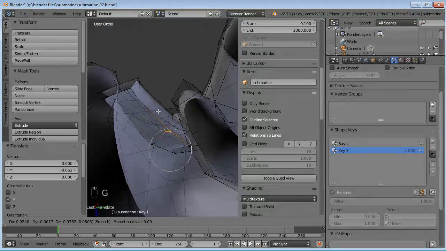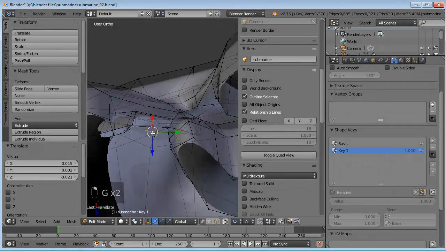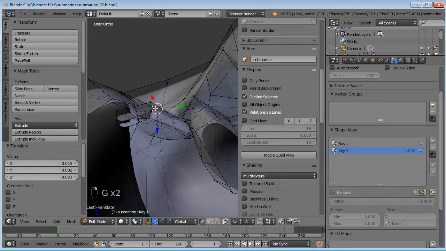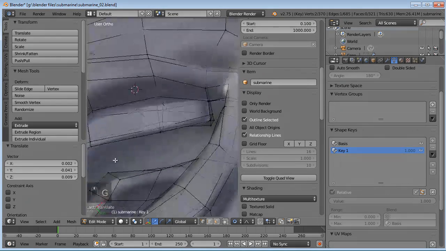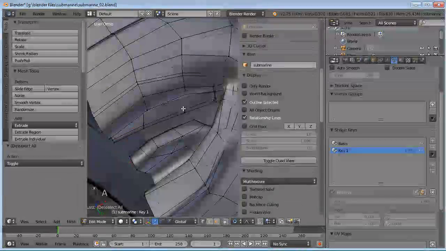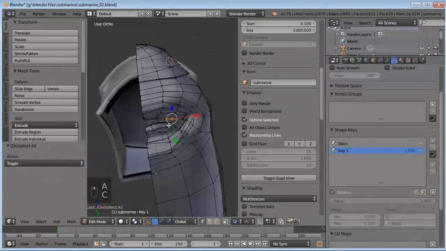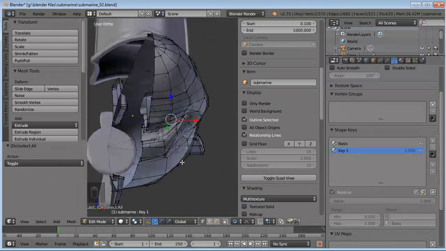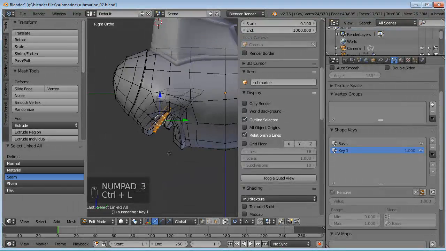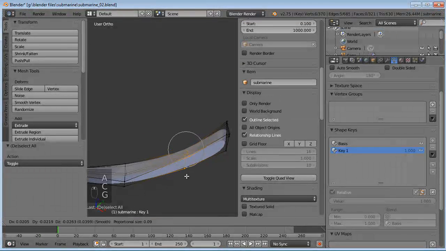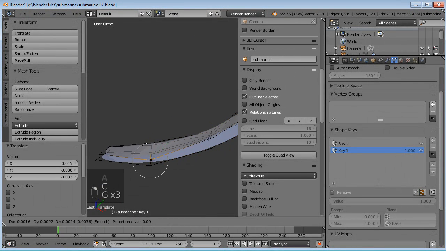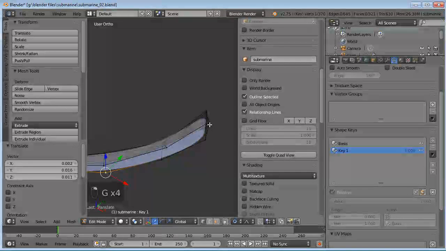It's very odd working in this area. It's hard to tell which direction's which. I guess one easy thing we could do, just move them out of the mouth altogether. Get them looking the way we want, and we can move them back in. So get it nice and rounded, like we want it.